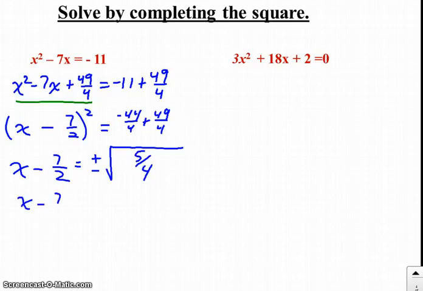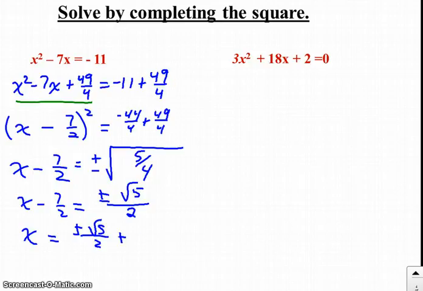So x minus 7/2 would equal plus or minus the square root of 5/4. There is no square root of 5, but there is a square root of 4, which is 2. And I'm going to add 7/2 to both sides of this equation. So I have plus or minus radical 5 over 2, add 7/2. So in simplest terms, this is going to be 7 plus or minus radical 5, all divided by 2. That's the solution